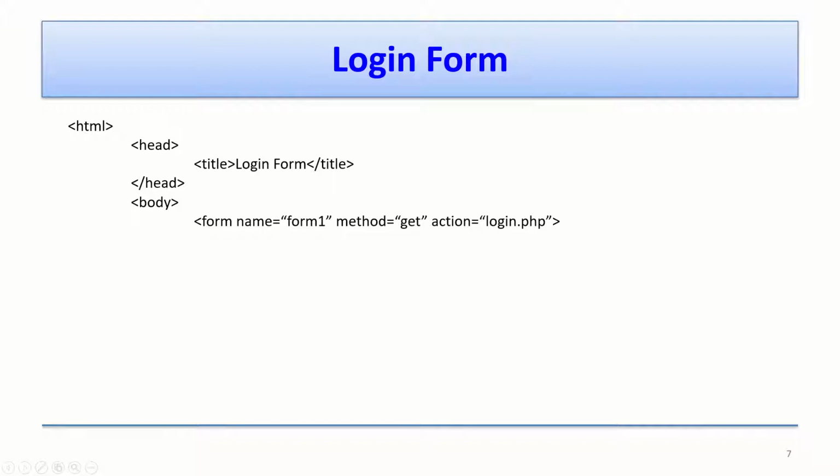All right. Actually I don't have that file at the time, but here I set login.php as the URL to send the data from this form. All right. So next, I insert a text box to enter the username. So the tag is input, and then the type. If it is a text box, the type is text, and then we can have a name or ID for unique identification. Here I use the name attribute, and I set a name, and then initially the value